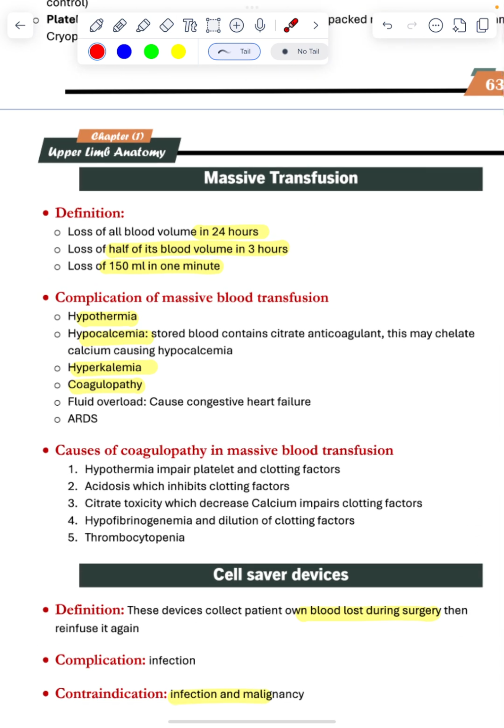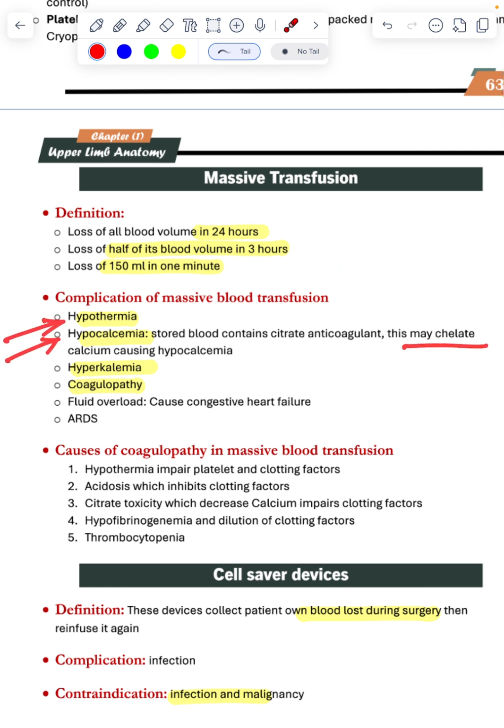Massive transfusion protocol: loss of half of the blood volume in 3 hours, or the whole blood volume in 24 hours, about 5 liters, or 150 ml in 1 minute. Complications are hypothermia,